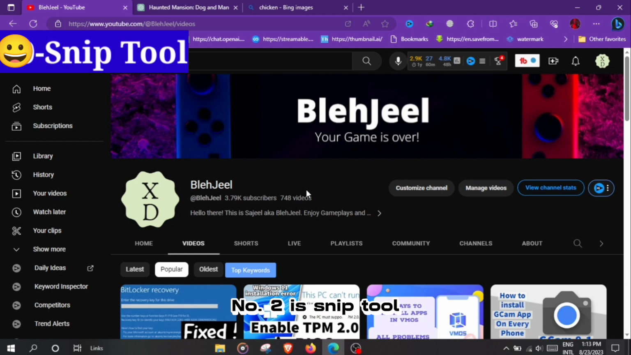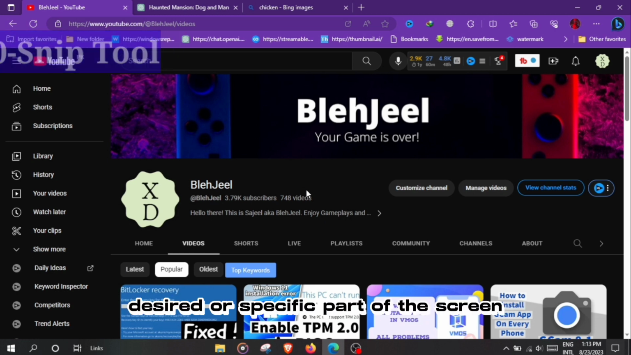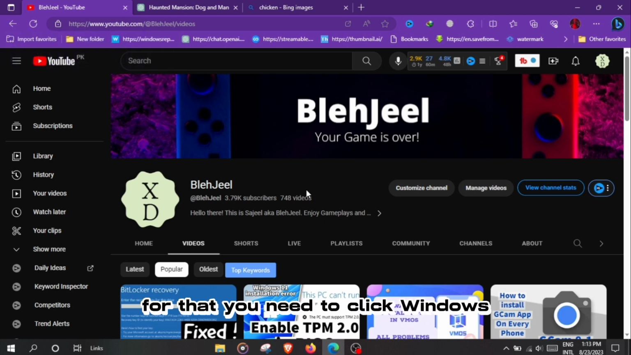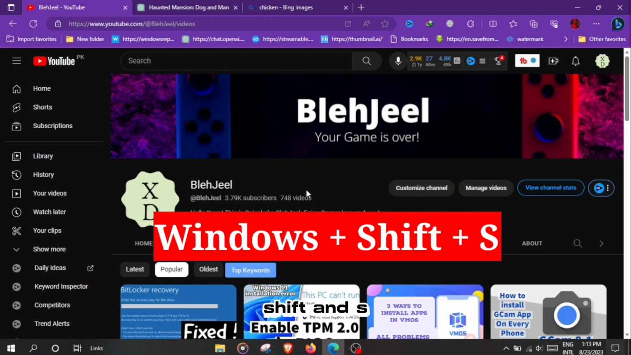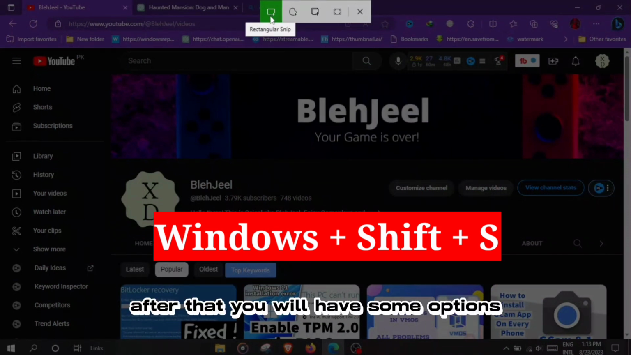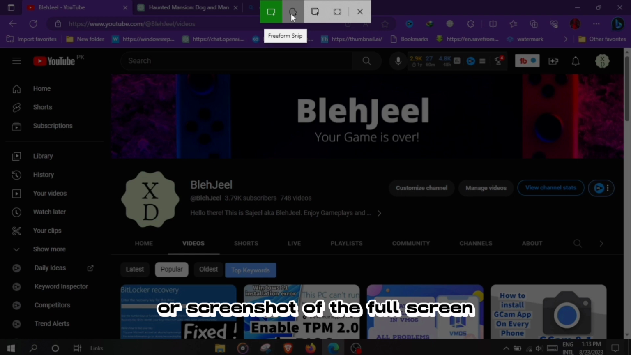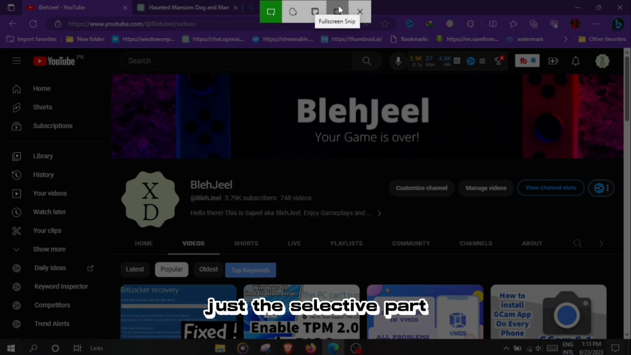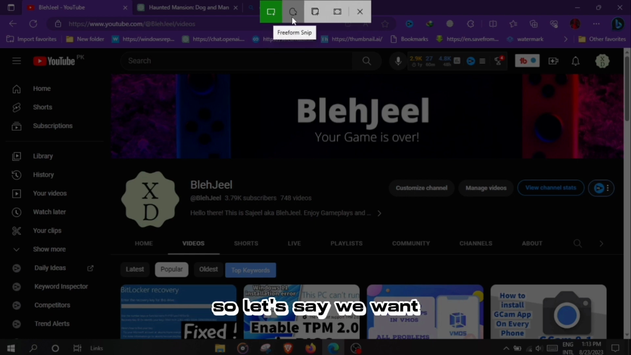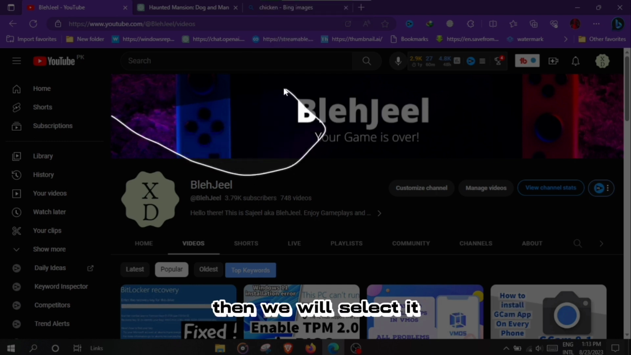Number 10 is Snip Tool. So let's say you want to take a screenshot of a specific part of the screen. For that, you need to click Windows, Shift and S. After that, Snip Tool will be opened. After that, you will have some options to take the snapshot or screenshot of the full screen or just the selective part. So let's say we want to take a random screenshot of this screen, then we will select